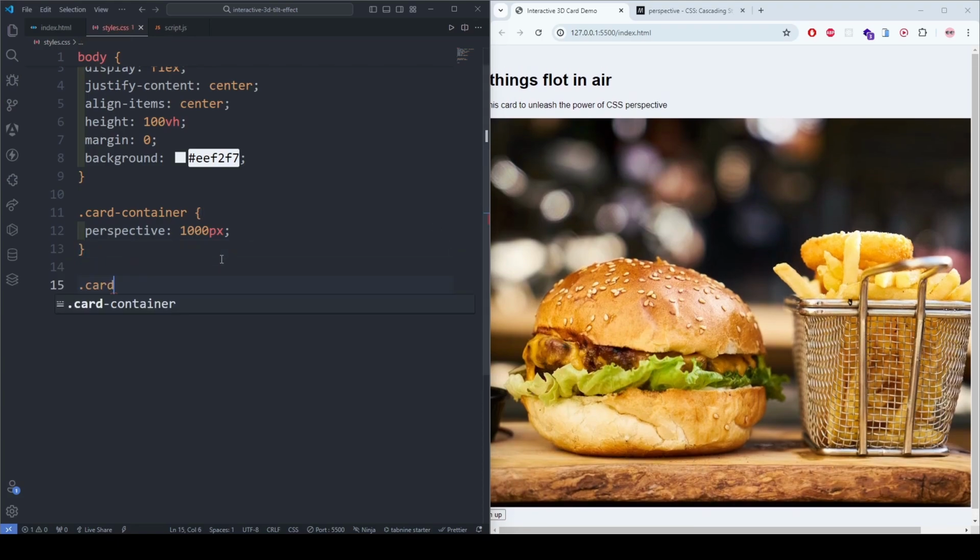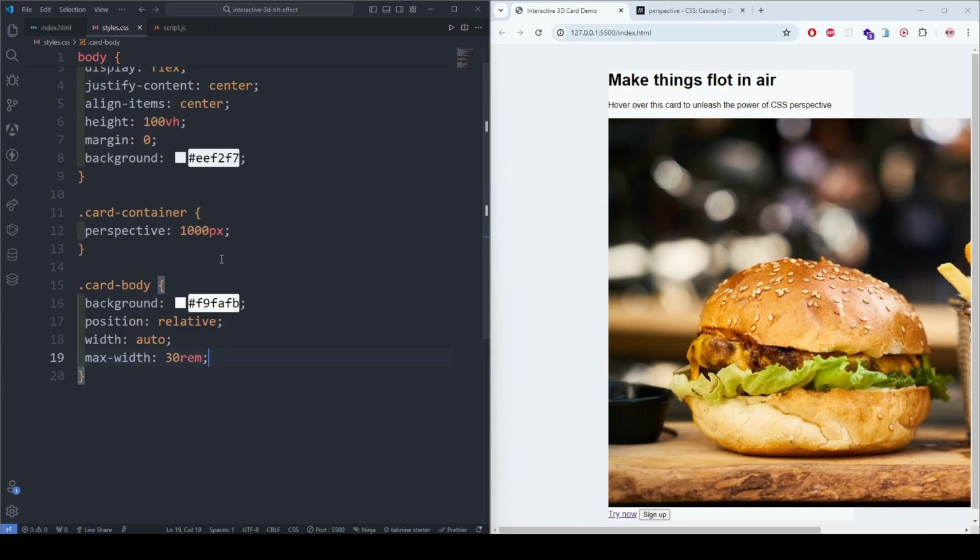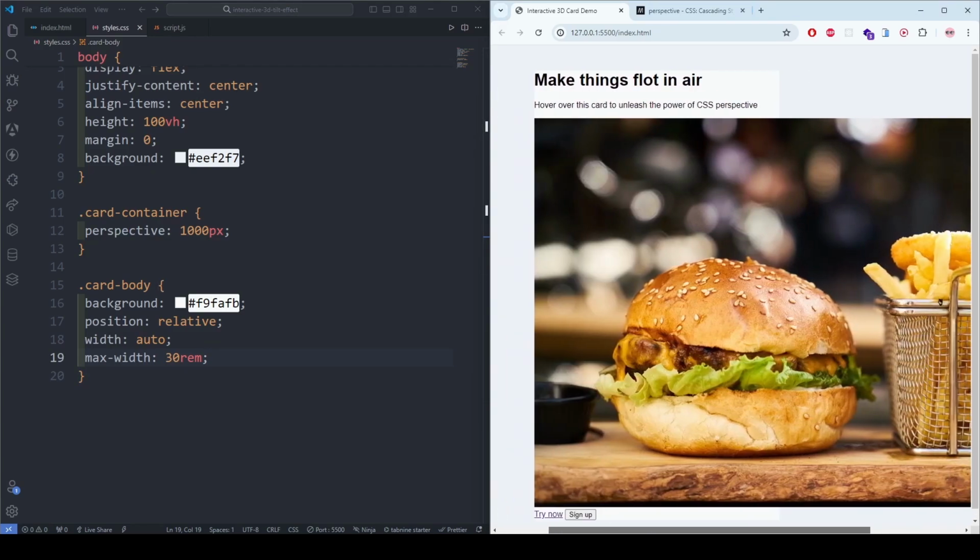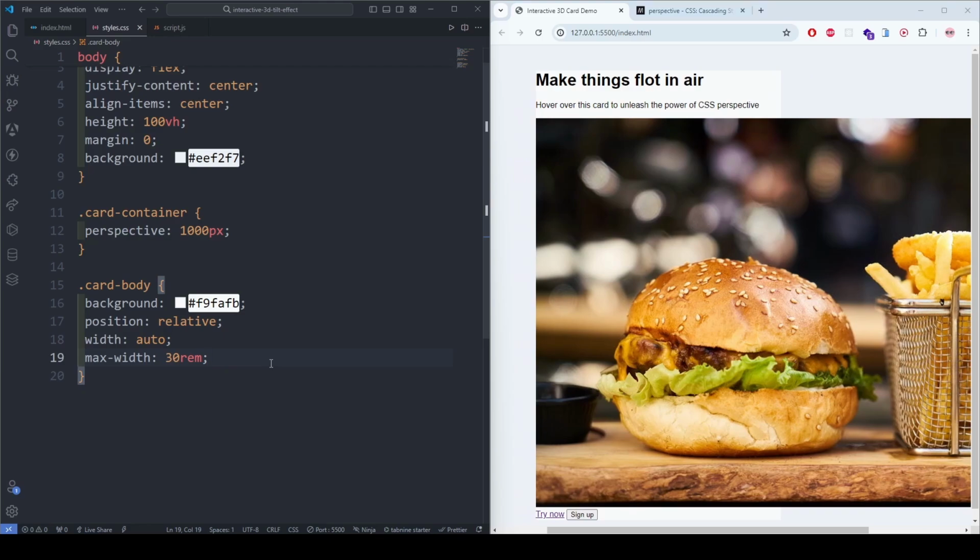Now the card body, F9FAFB, position relative, width auto, max width 30 rem, and then I'm going to say height is auto,